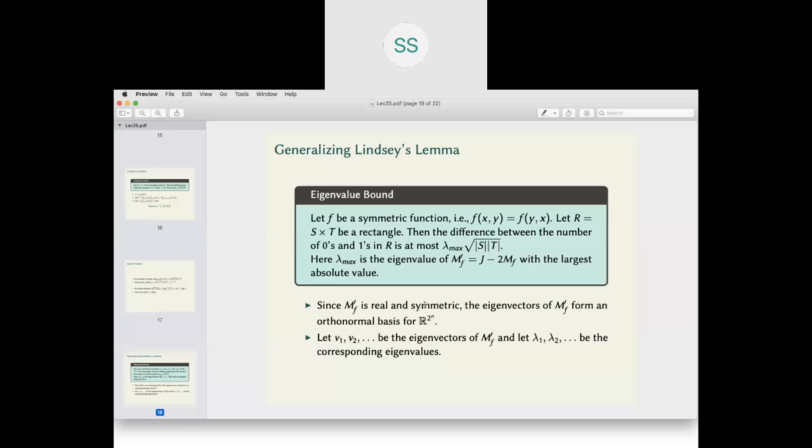So what Lindsay's lemma says is actually a special case of this, because the matrix corresponding to MF dash was nothing but H, the Hadamard matrix, and the eigenvalues we saw were 2 power n by 2. And what Lindsay's lemma gave was square root of S times T times 2 power n. So if you take out the 2 power n from the square root, you get 2 power n by 2, which was the lambda max value in that case. Okay, why is this